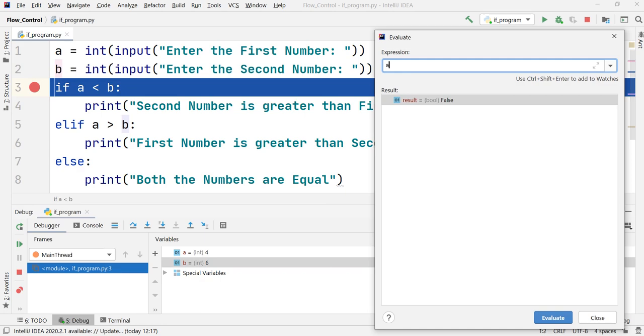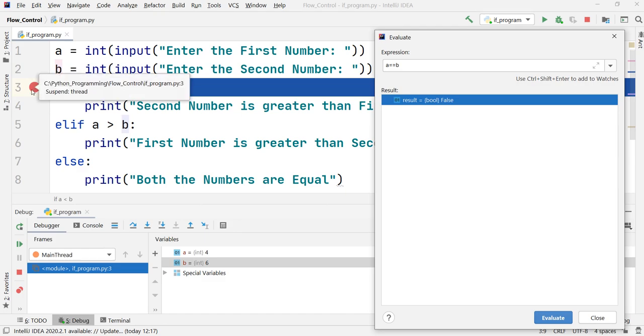Another value that we can check at this point is a equal to b. We are going to check whether a and b are equal or not. If I click on evaluate, it will again say false because a is not equal to b. So this is one of the tools in the debugger that you can make use of to manually check expressions at any line. That will be really helpful. Rather than just clicking on the step over function, you can make use of this evaluate function to check your conditions when the program gets a bit complicated. In this simple program, this might not be that handy, but for complicated programs, this will be very handy to check for various expressions.